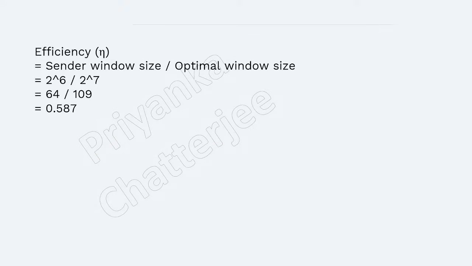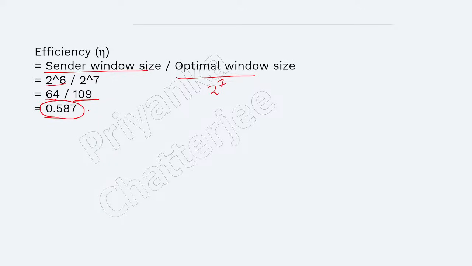Yes, here the original requirement was 2 to the power 7, but I have 2 to the power 6, right? Because 6 bits means my window size will be 2 to the power 6, that is 64. 64 by 109 means my answer is coming